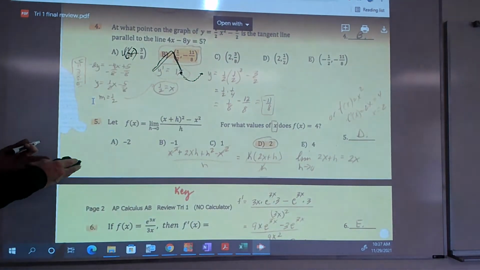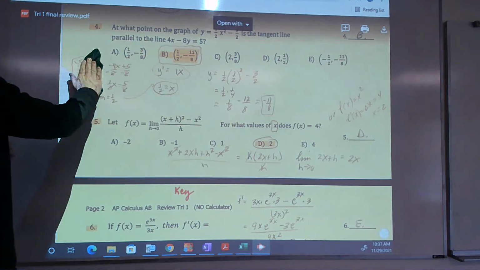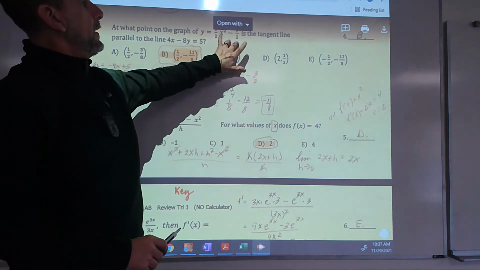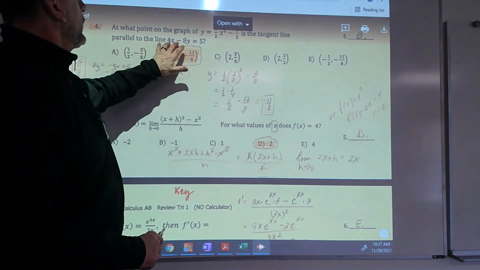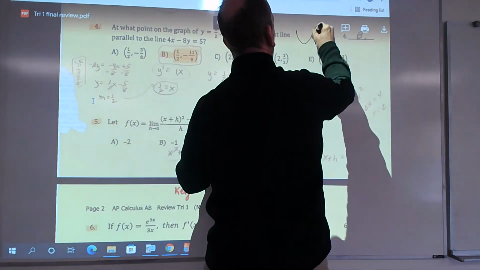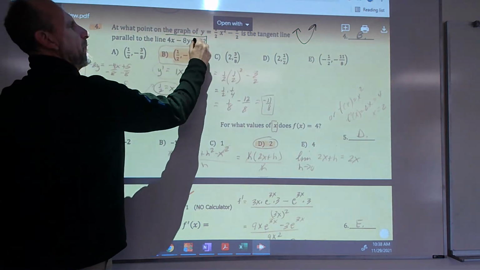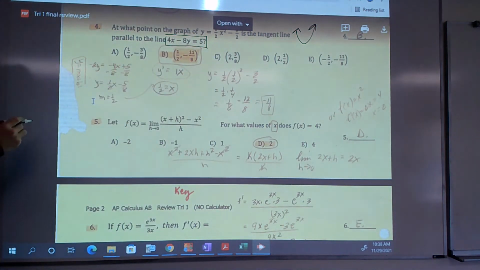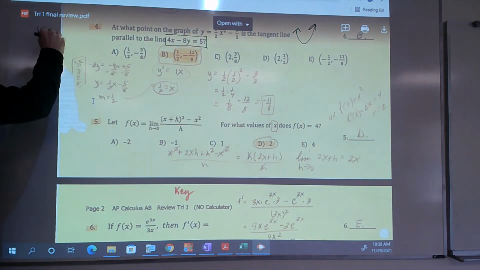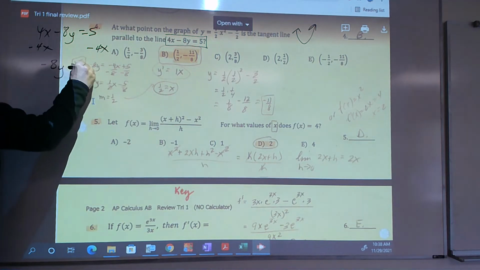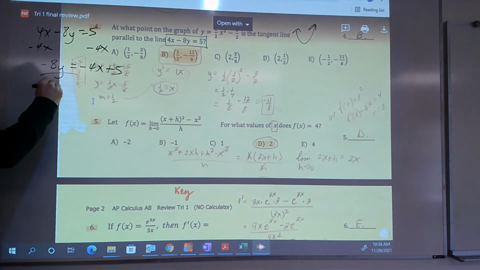Four. Says, at what point on the graph is the tangent line parallel to this function? So at what point on the graph of this one right here is the tangent line parallel to this graph? It's a graph of a parabola. This is a line. I don't really know the line because they didn't write it in y equals mx plus b form, but I can do that. Let's see here. 4x minus 8y equals 5. Minus 4x from both sides, you get negative 8y equals negative 4x plus 5. Divide by negative 8, you get y is equal to